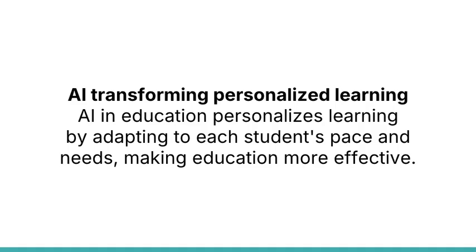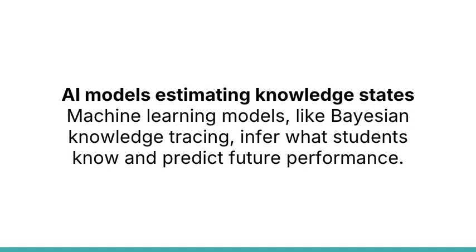Let's start with the basics. AI in education mainly revolves around what's called personalized learning. In traditional classrooms, teachers face the tough job of teaching diverse students all at the same pace. Personalized learning aims to adapt the teaching process to each individual's pace, style, and needs.